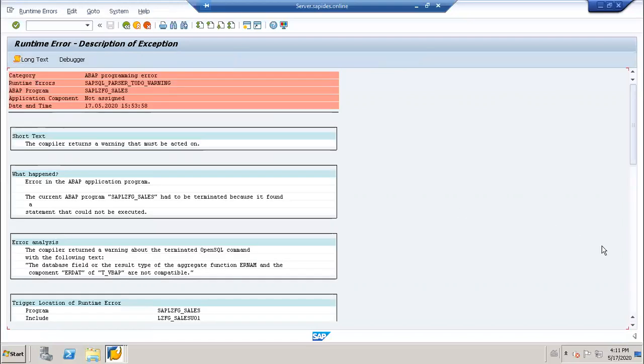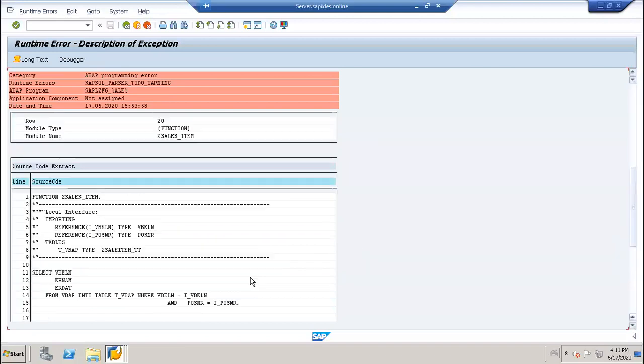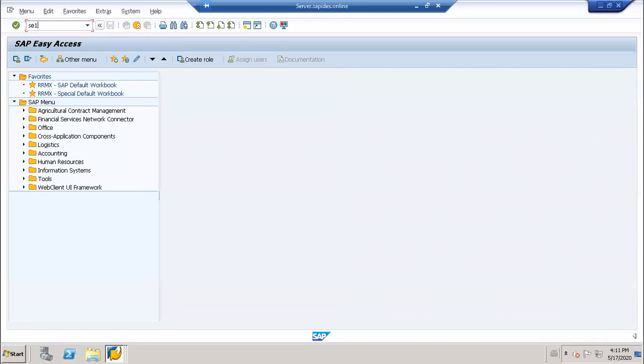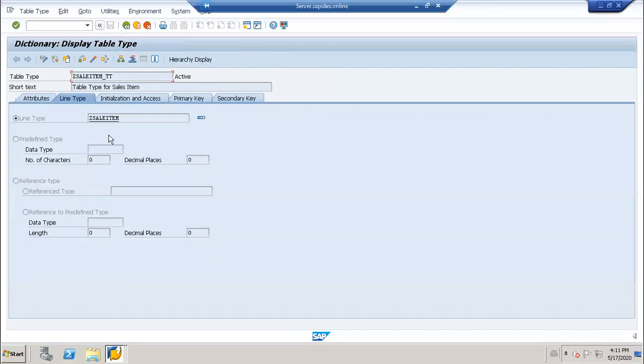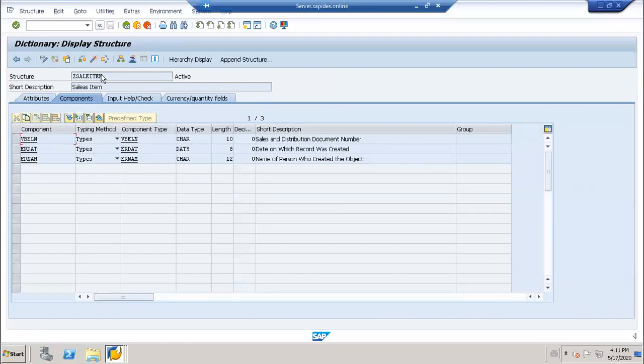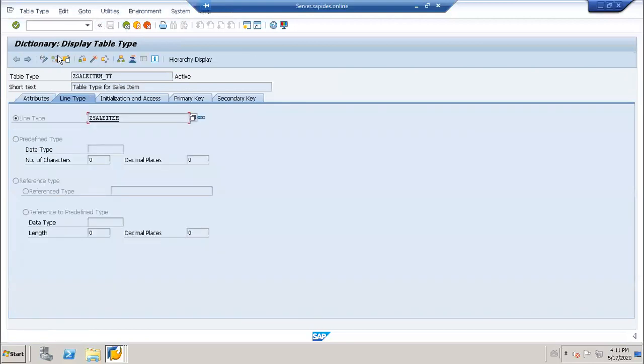So I will execute this. What is the dump it is coming? The database, it is not compatible. Okay, let me go over here. I think let me reactivate those structures and table type. Display. Here activate them. Then the table type also has to be activated. Change.